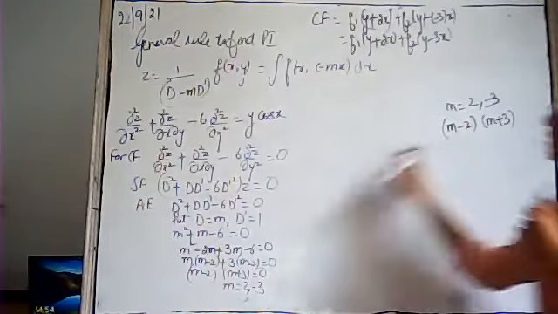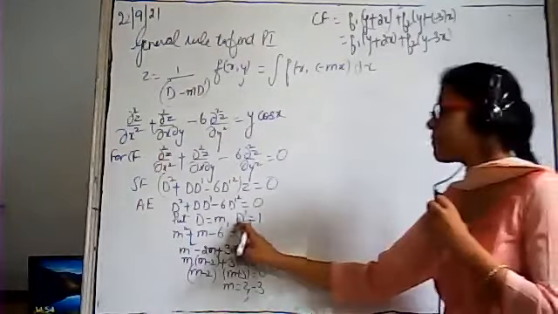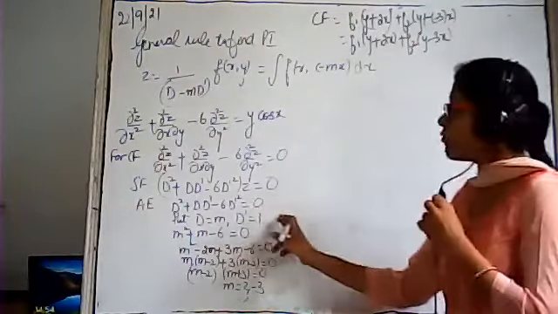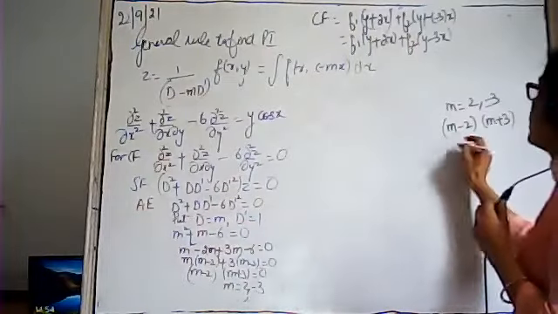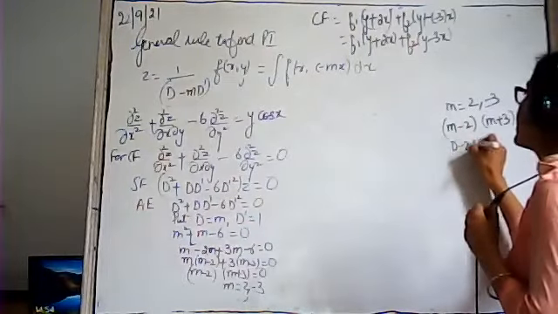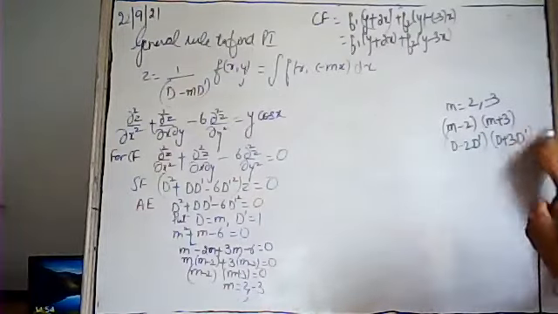Now where did m come from? When we put D equals to m. And how was the constant term made? When we put D' is equals to 1. We have to make the term in the form of D and D' only. So it can be written as D minus 2D', and it will be D plus 3D'.